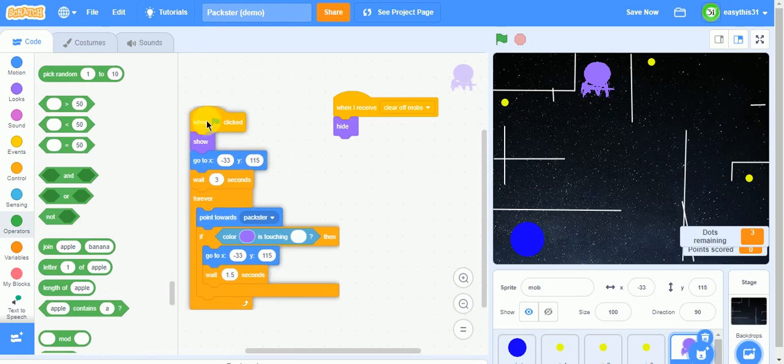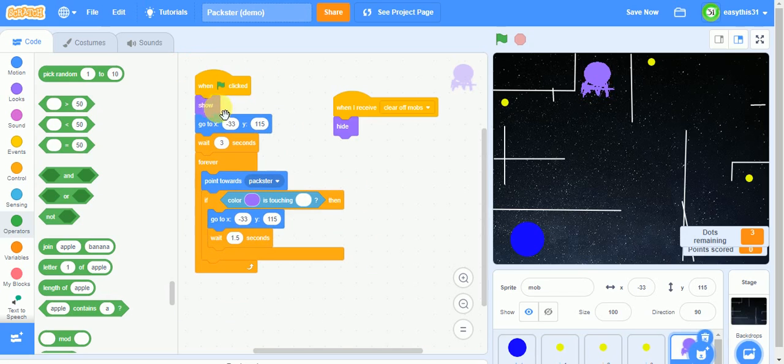When green flag clicked, click on show, go to any area you want. I chose this area of the game, and wait 3.5. Isn't this supposed to be 3.5? Okay, wait 3.5 seconds, forever loop, point towards Paxter, and